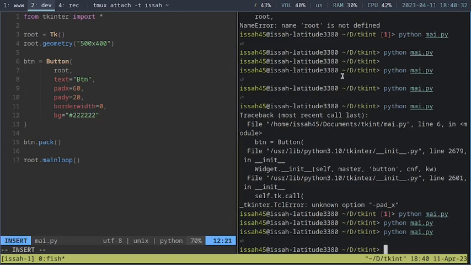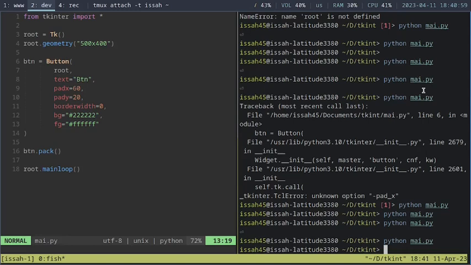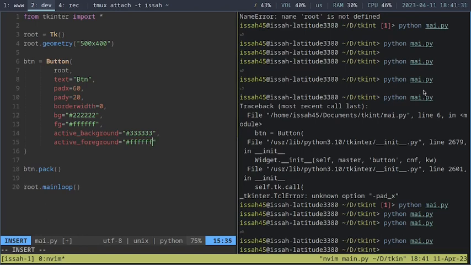So next to the bg, I can change the fg to FFFFFF, which is completely white. Now if I run this, you can see that it's like that. But when we hover over it, it turns back to normal. If you don't want that, then you could just use the active background and set it to like 333, just closer to white, and active foreground, which is gonna be FFFFFF, the same. So now if I save this main.py and if I run it,